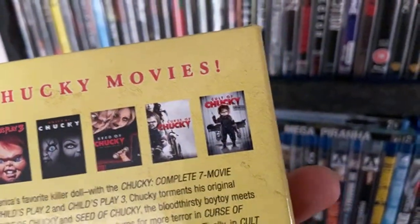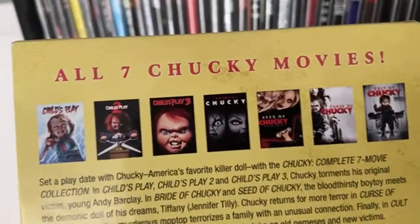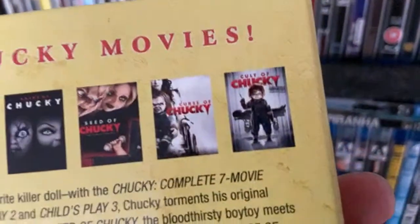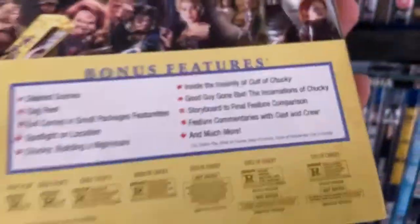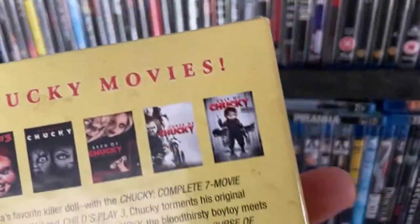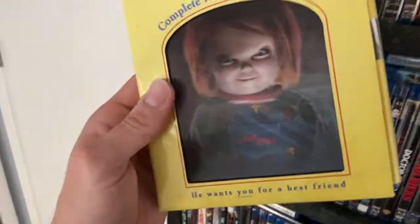And then Curse of Chucky, which was a nice return to form, a nice, simple, almost haunted house story. It kind of beckons, is a callback to the second film in ways where Chucky's just wreaking havoc in this home where he finds himself. There's a cool element with a girl in a wheelchair, which definitely creates some very tense sequences. I haven't seen Cult of Chucky. I've heard pretty good things about it, so I'll check that out at some point. But you gotta love the lenticular little,